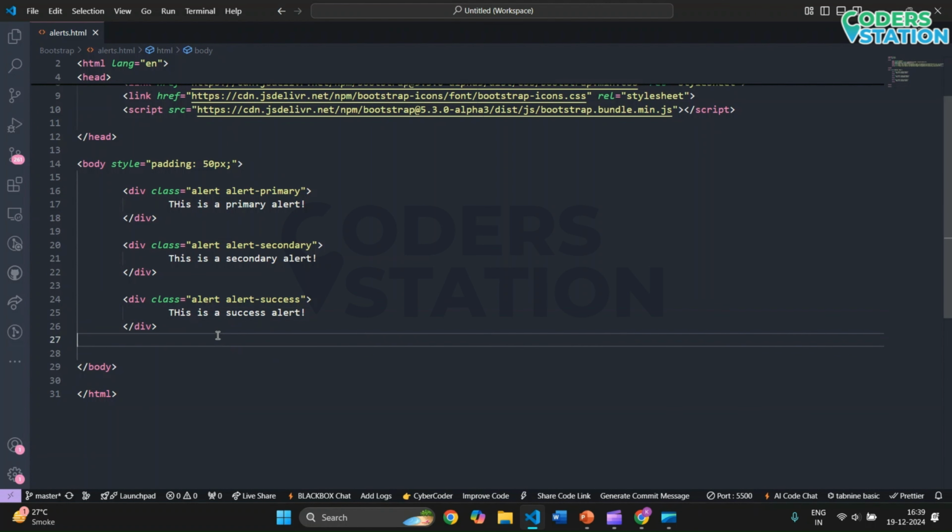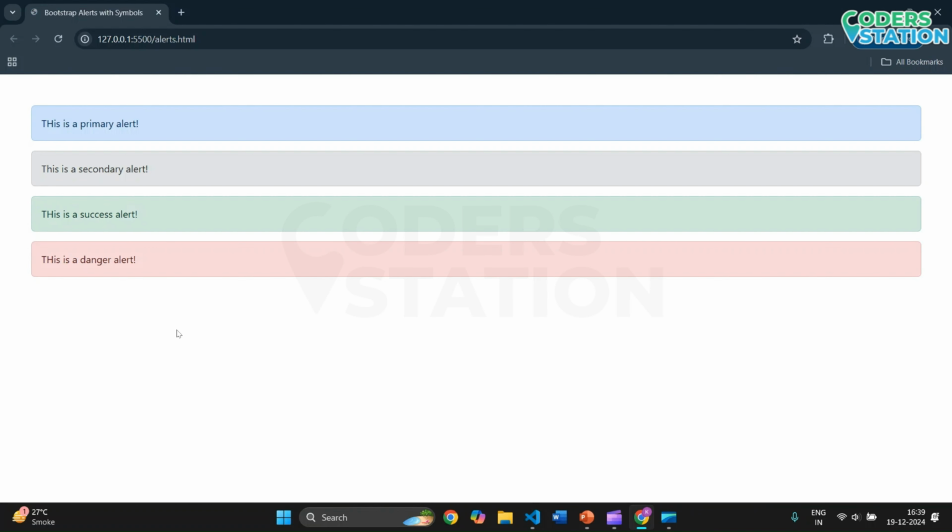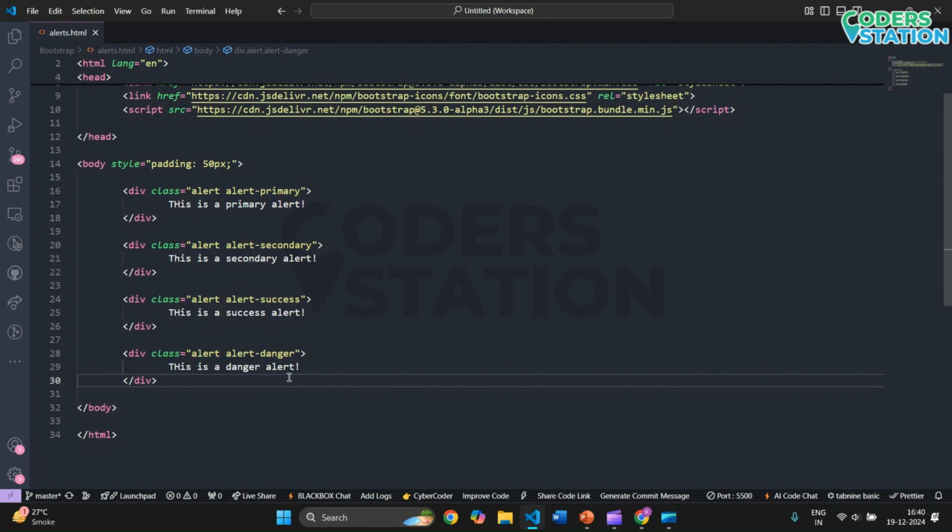Now let's try danger. You can use this danger alert, for example, if the user is clicking on some foreign links which are potentially harmful for the device, or links which are not secure and can be hacked if the user visits them. At that time you can use a danger alert. So this is how alerts work. I will just show you this many alerts for now. It is your task to complete all the other alerts and explore more.